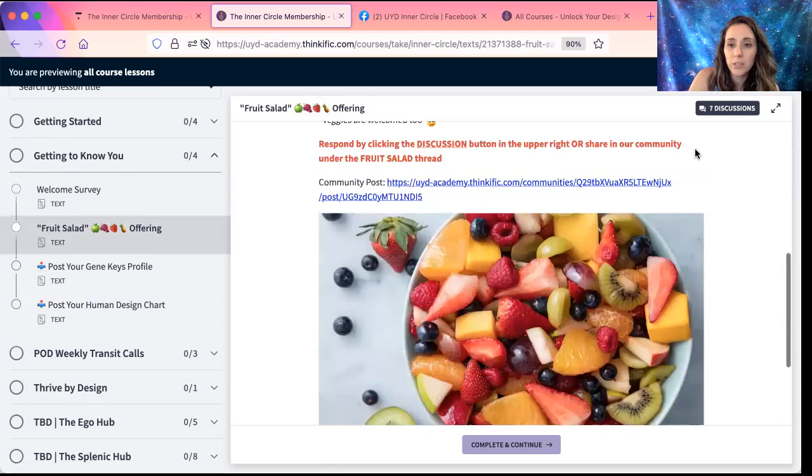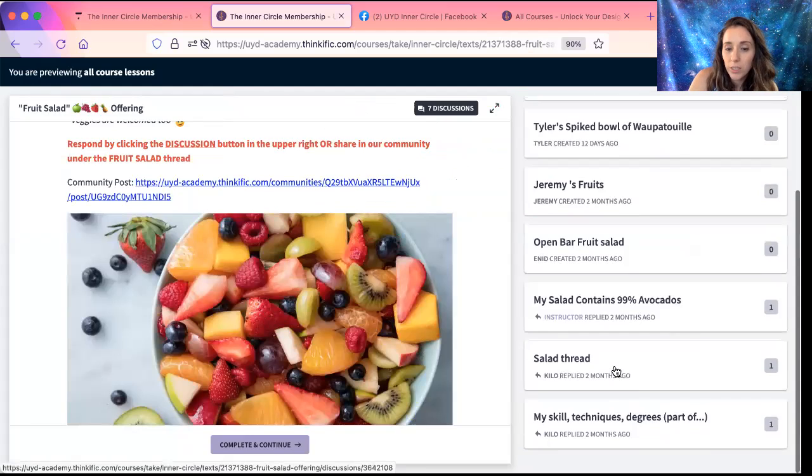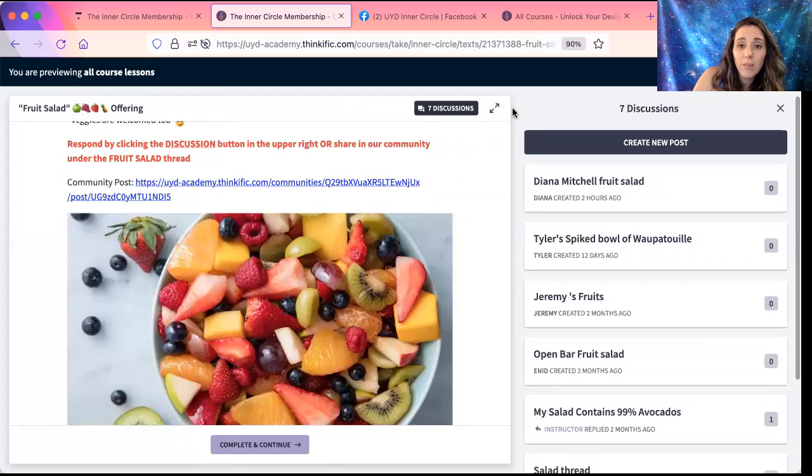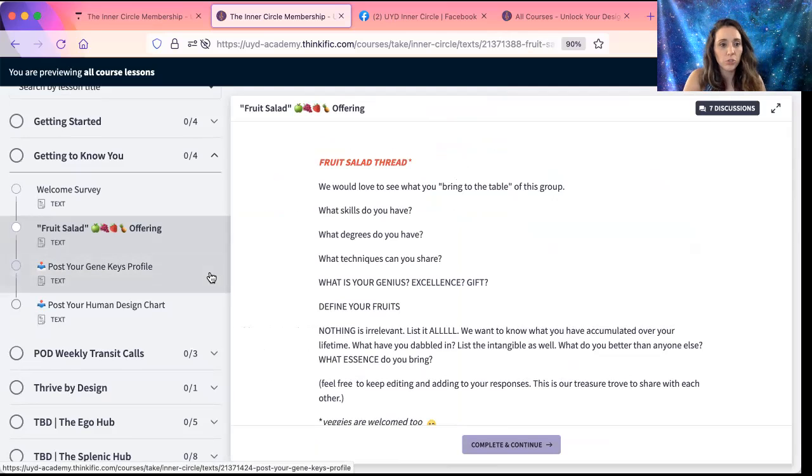What are your gifts? And you're going to want to add to the discussion what it is that you have. So any skills you have, any things that you're certified in, what are your interests? What do you feel like you can contribute to the group? And that's just like your wheelhouse. So say that if you study Psych K, that's something that you would want to put in here. And if somebody is interested in having a reading from someone who practices Psych K, you would be in here